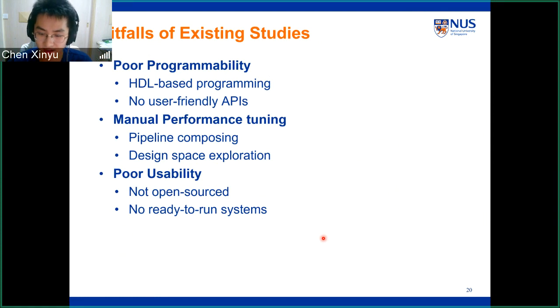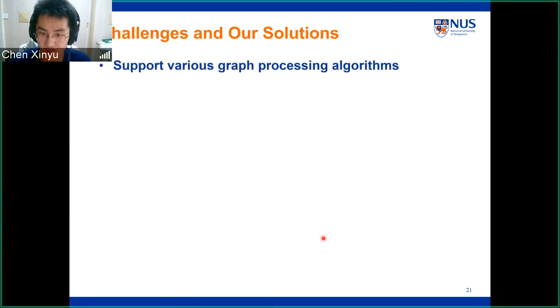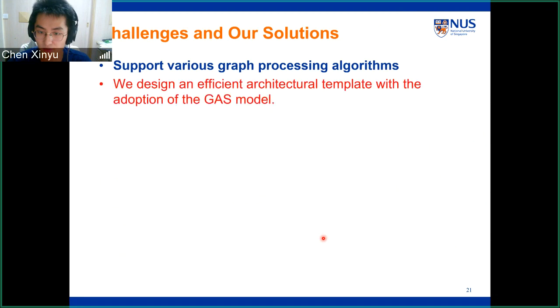So knowing there are no such kind of systems, we decided to design a high-performance system for graph processing on FPGAs. We think that is important, but actually achieving high performance as well as good programmability is not easy. So there are several challenges. Firstly, we need to support various graph processing algorithms because there are too many algorithms like BFS, SSSP, PageRank, WCC, and so on and so forth. So to solve this problem, we design an efficient architectural template with the adoption of the GAS model,